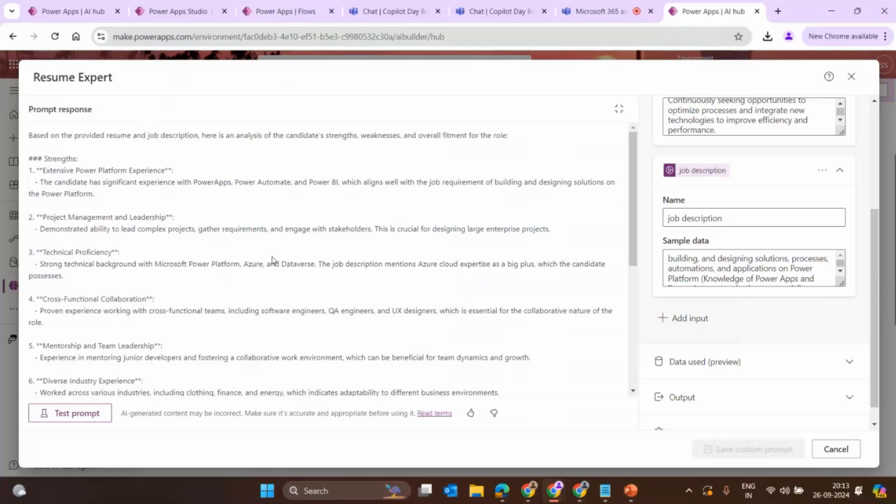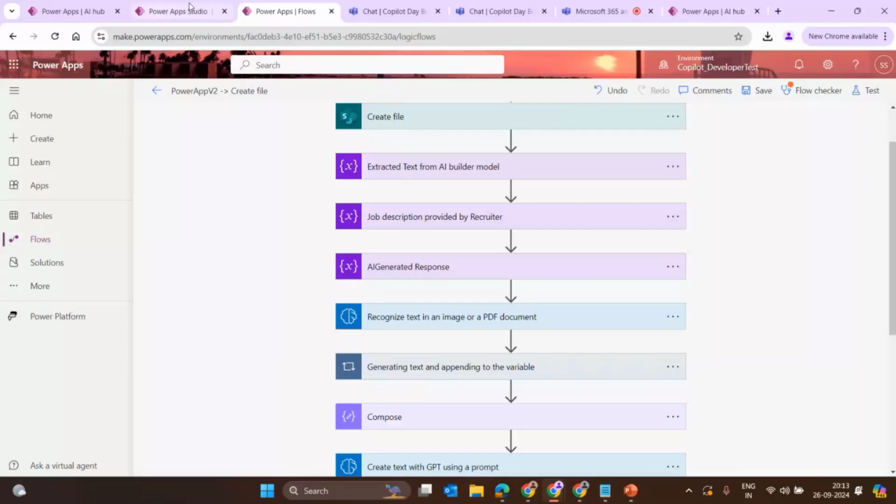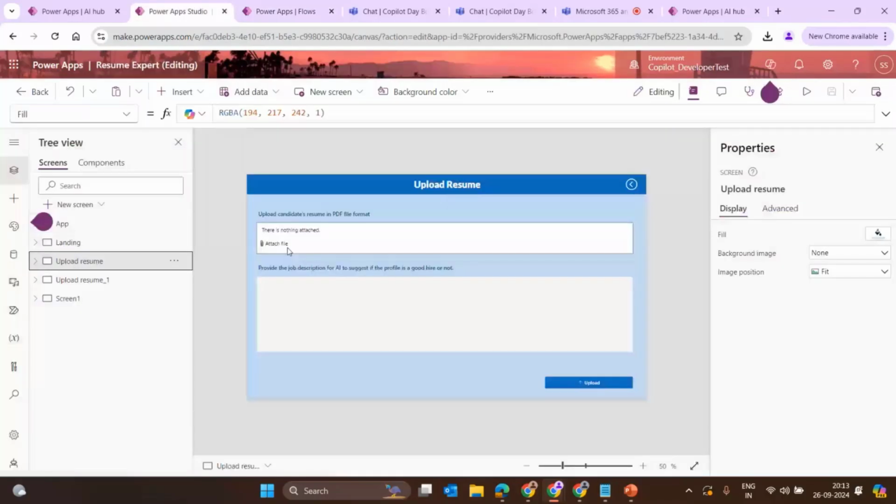So I'm going to take it in the form of file, which is PDF, and I'm going to add another layer of AI wherein I'm going to consume an AI model, which is going to take the file and convert the file into the form of text, take this text and run this GPT model. So this is what I'm going to do. So let's just go back to the application. I'm asking the user to attach the file and provide the job description. As soon as they click on upload,